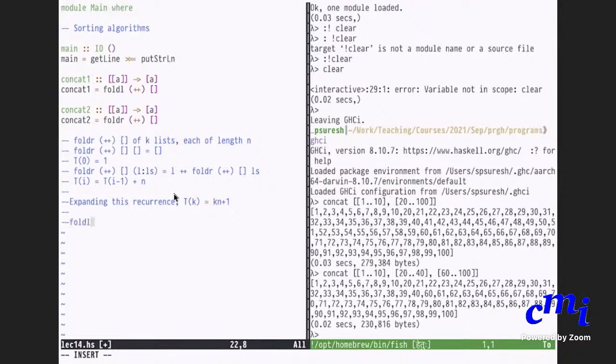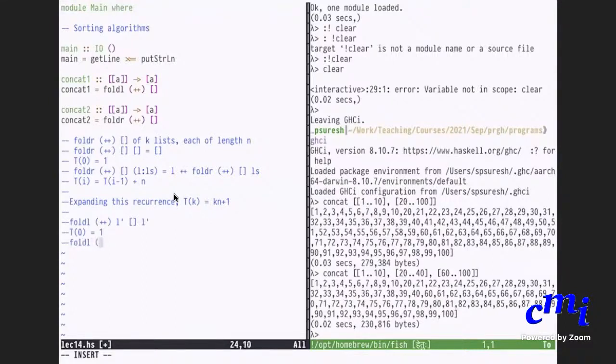The fold L version. T0 is 1, let us say.